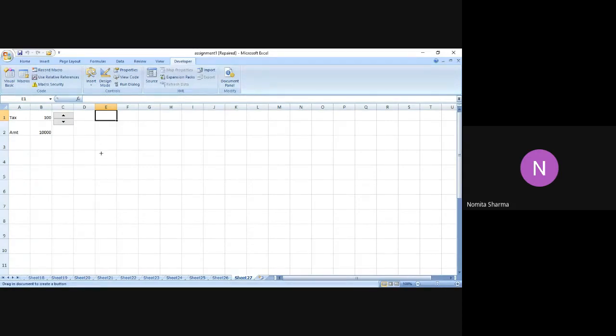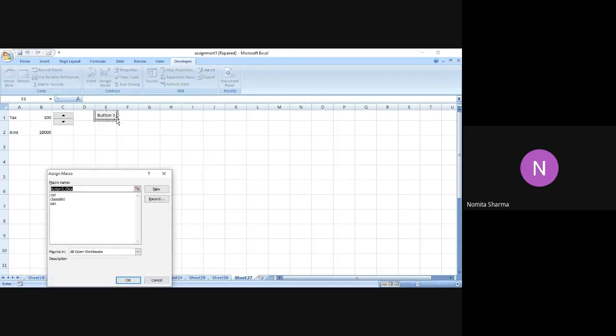It is actually asking me where I want to put that button command in my Excel sheet. So I simply use E1, and I will use this cell to put my button command. Since I've already worked with buttons one and two in the earlier practice sessions, it is telling me Button 3 as the name. I can very easily change the name.